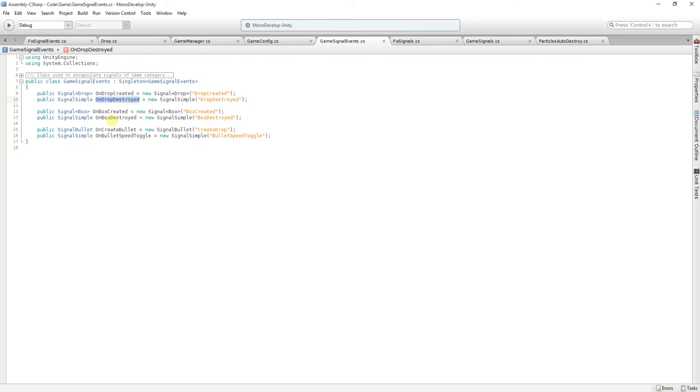In the case of drop destroyer, we are using a signal simple, that this signal is created in our base signals file. So basically, it is a signal